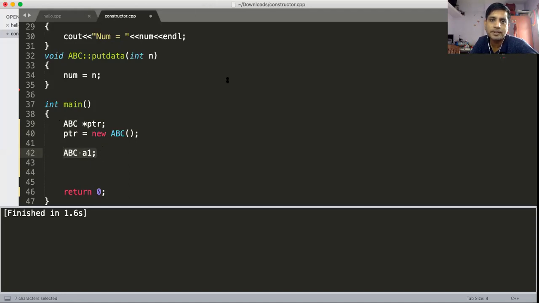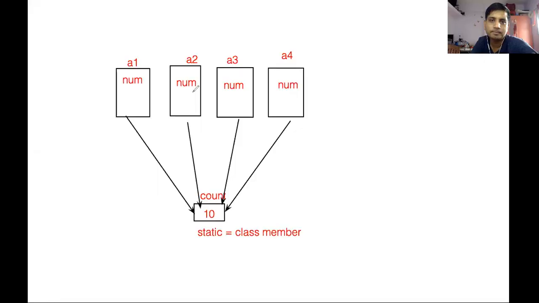What is the difference between the first and second? The first is ABC star PTR is equal to new ABC, and suppose some value is given, so the parameterized constructor I am calling. In the second one, I am directly doing ABC A1.